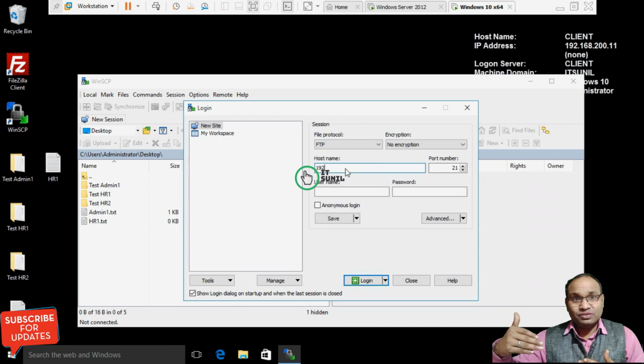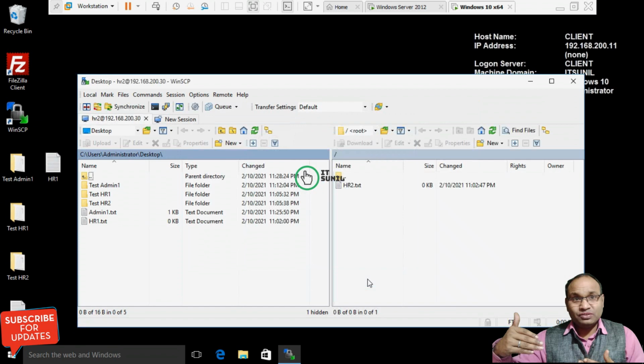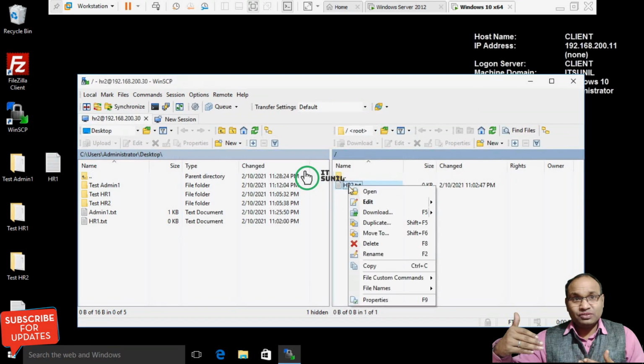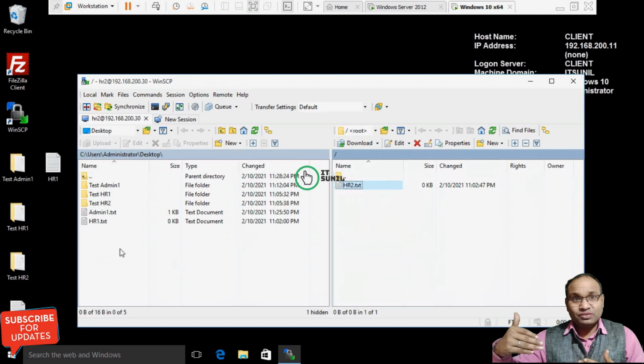The host is 192.168.200.30. Username is HR2. Click login. Now you can see HR2 is connected. If you want to download a file from HR2, just right click, copy and then click here and paste.